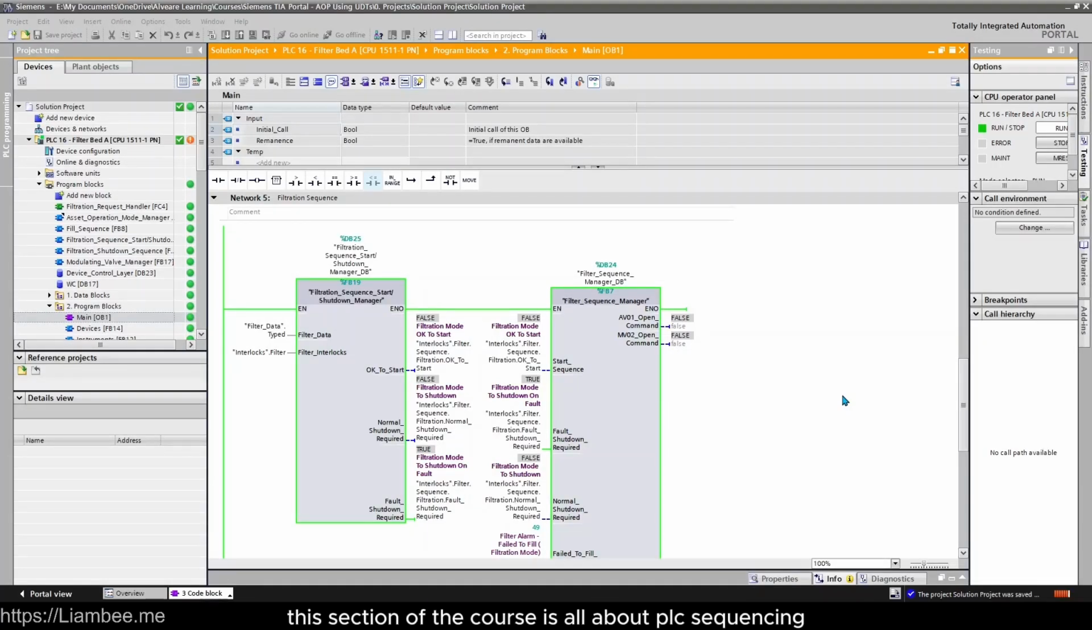This section of the course is all about PLC sequencing. So now that we have our managers in place, our data for our assets in place, we have control layers and interlock layers and everything that we need to tell a program what it needs to do. This is the first step in actually programming our sequences and having responses to data that we have coming in